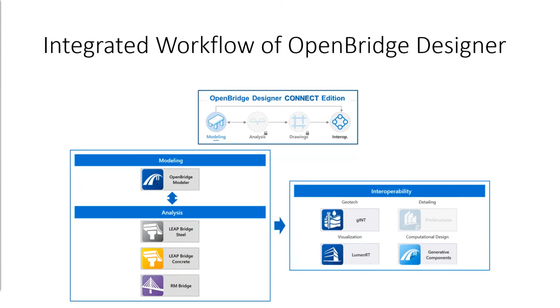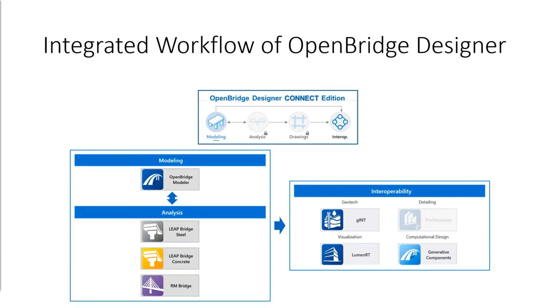Once that's done, you send it over to the analytical software. It's either LEAP Bridge or RM Bridge, whichever you wish to choose. And any changes you encounter during the structural analysis are fed back into OpenBridge Modeler, and the changes can be updated automatically. And then if you want to integrate all your geotechnical data in, you can bring in PLAXIS. LumenRT, just like what you saw in OpenRail, is more for the video flyby creation. And then